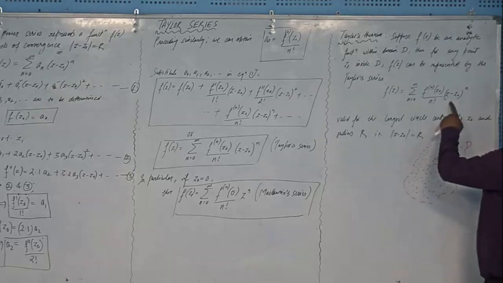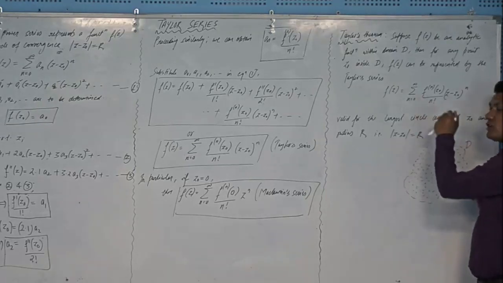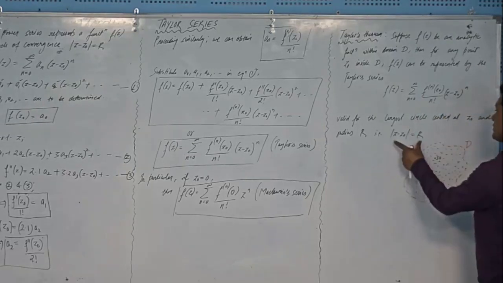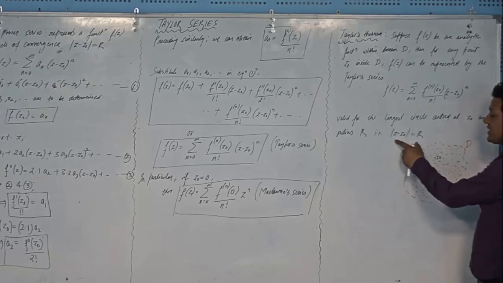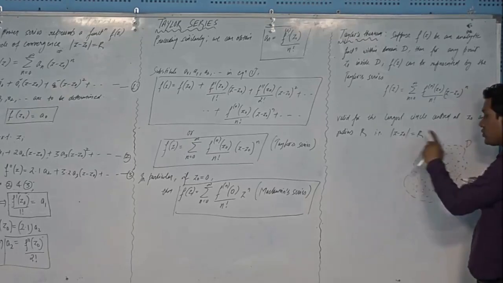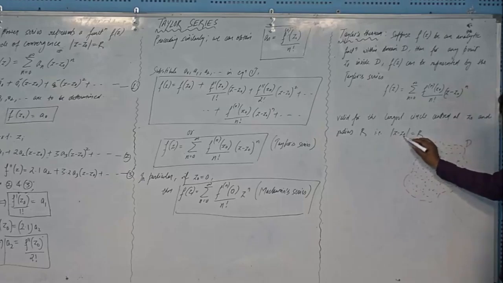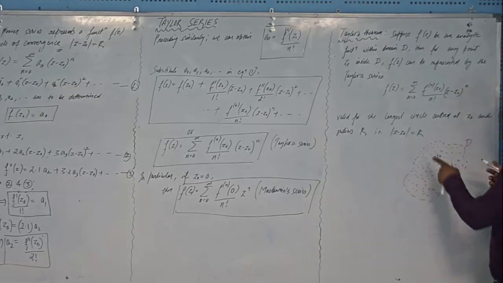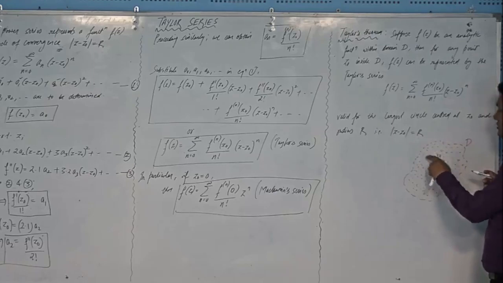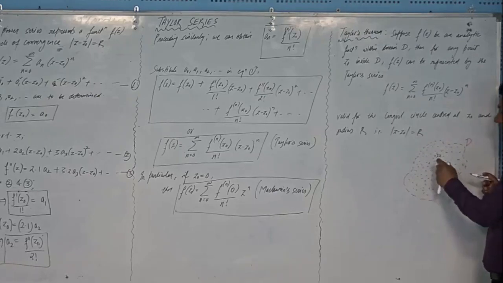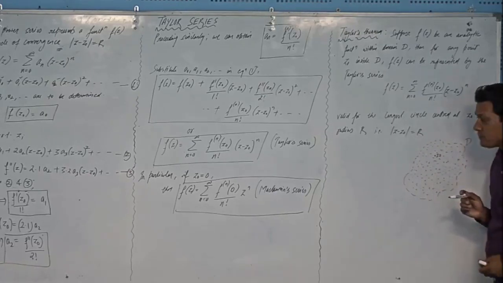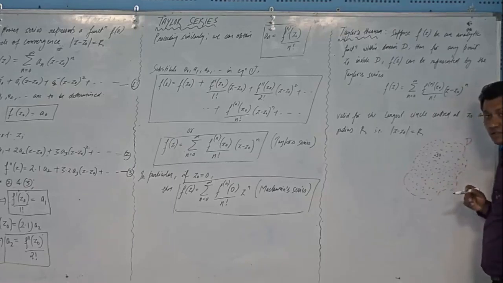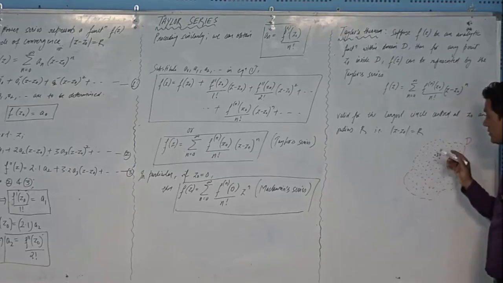And this series is valid, or you can say that the series will converge for this circle. You can see that the center of the circle is at z0. So I will draw a circle which is centered at z0 and radius equal to capital R. And keep in mind the fact that R should lie within the boundary of this D, right? It means I will draw a circle as large as possible, but my target will be that the boundary